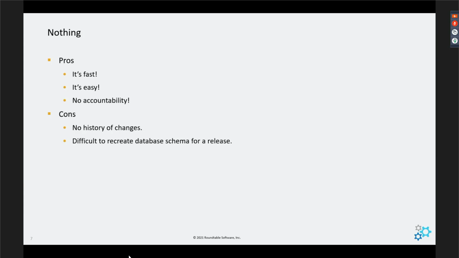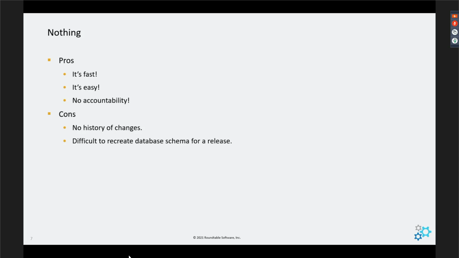Well, it's certainly easy, and it's fast. There's no accountability. I mean, that sounds great, right? Just go in, make some changes, compile your code, you're done with it. No one knows who made the change, but you suffered not a whole lot of downtime. You don't really care. You're just getting the schema the way it's supposed to look, and you're moving forward.